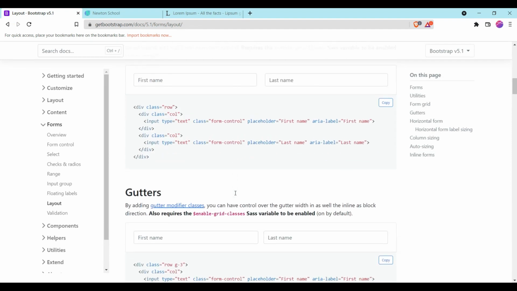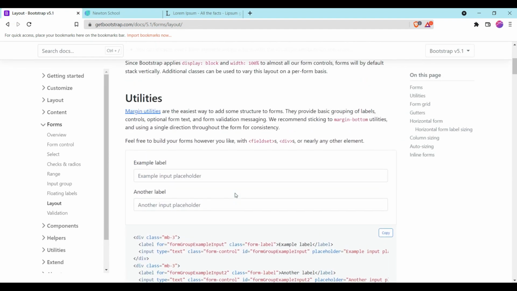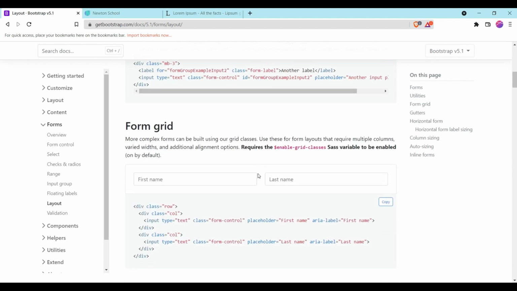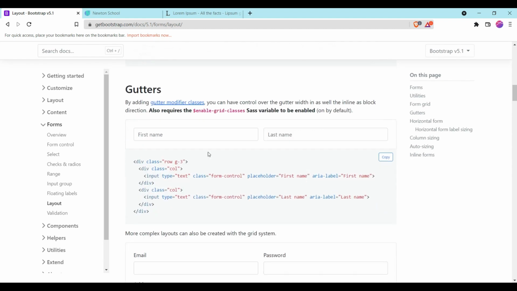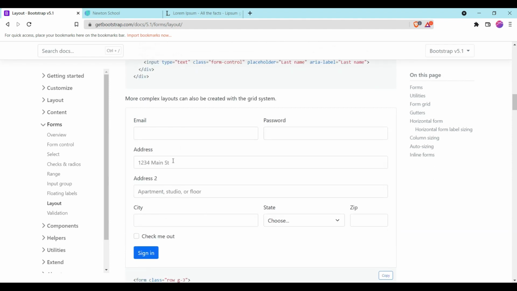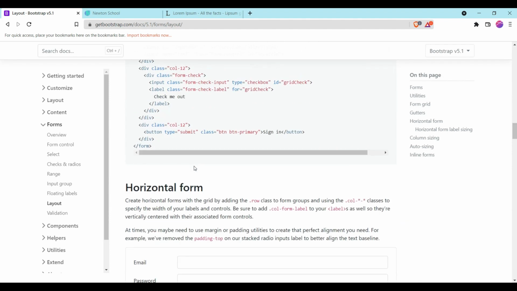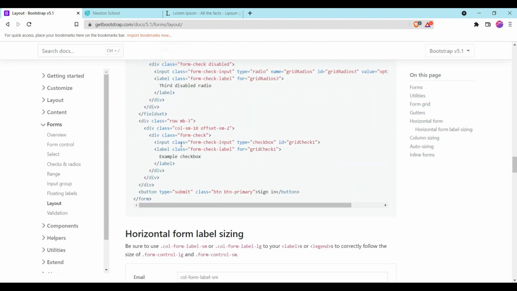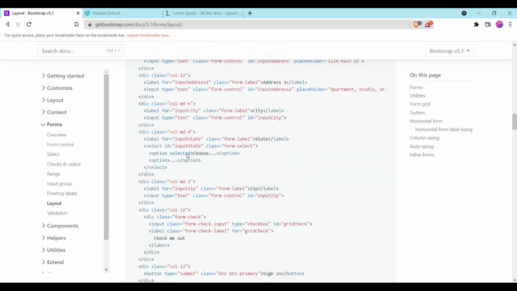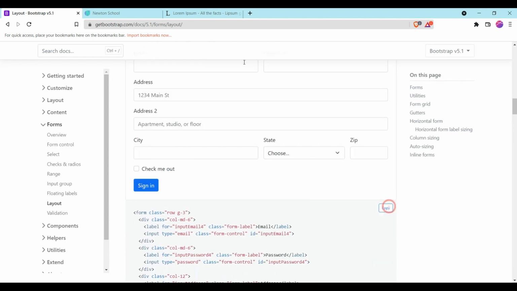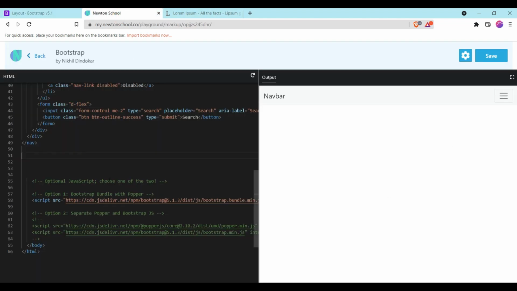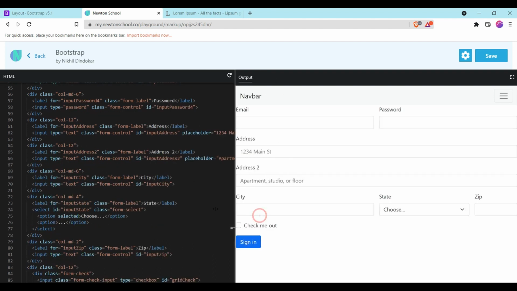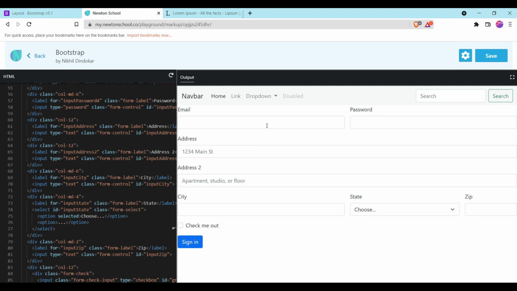Here you also get multiple options for form layout, like this form grid, this one, and this horizontal form as well. So let me show you this one, the big form. You simply copy and paste this over here. So now you can see this form is open.